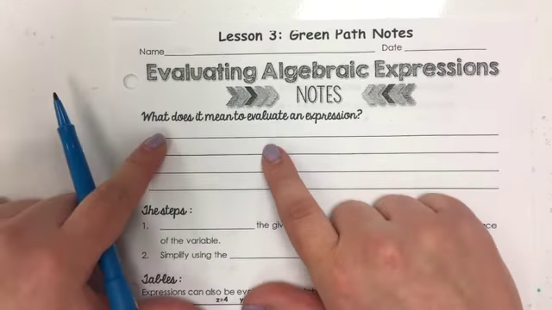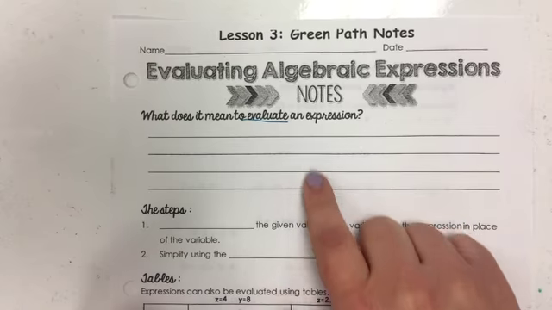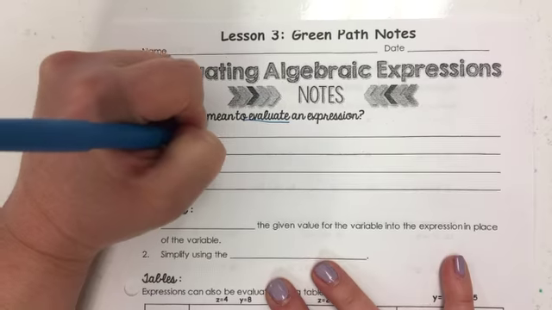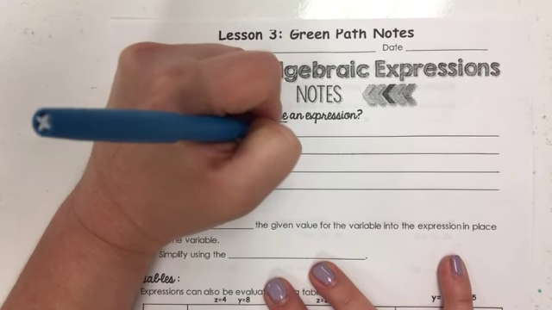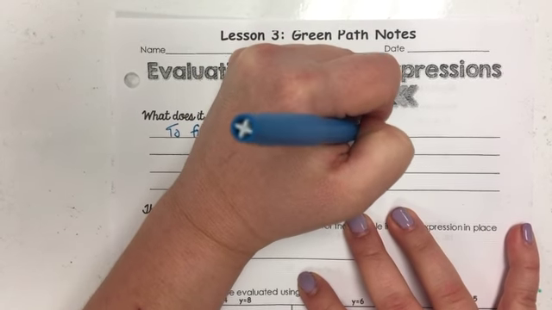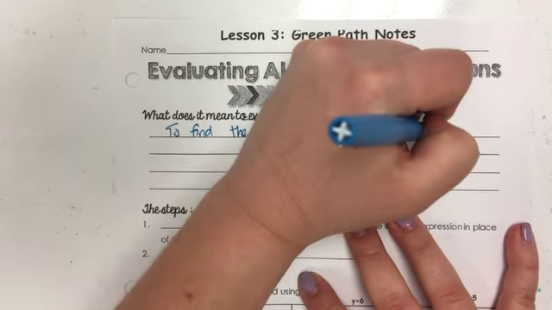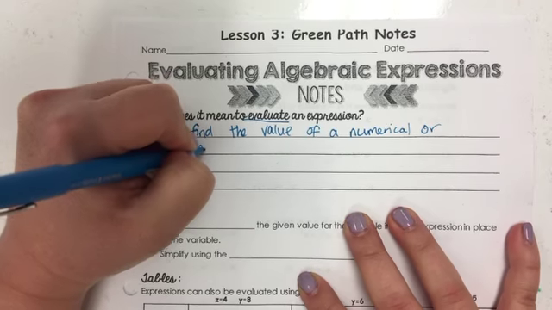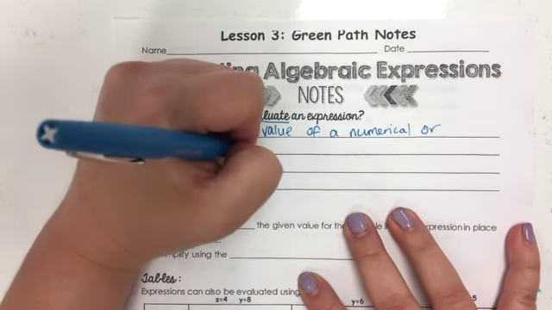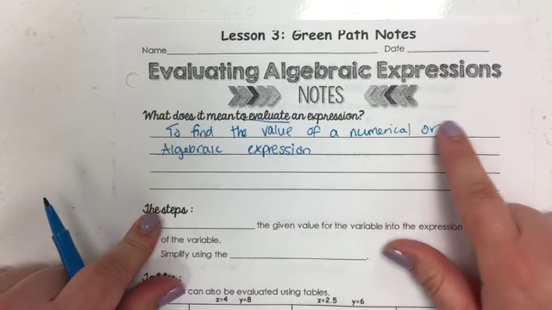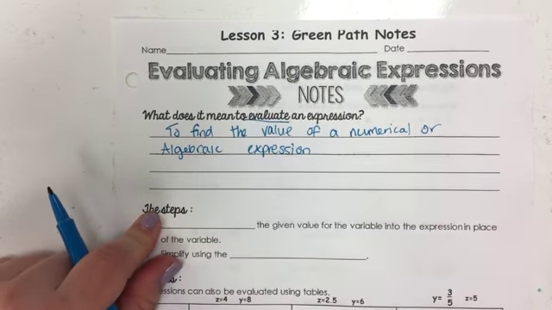So what we first want to ask ourselves is, what does it mean to evaluate an expression? Well, to evaluate an expression means to find the value of a numerical or algebraic, meaning something that includes variables, expression. So all this means is that with algebraic expressions, when we evaluate them, we're finding a solution or a value